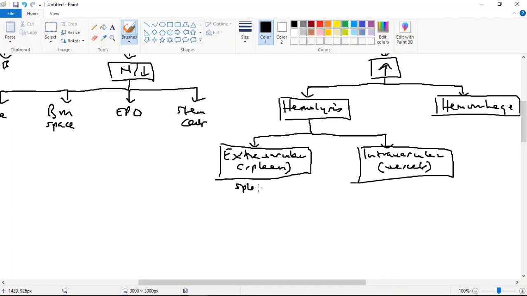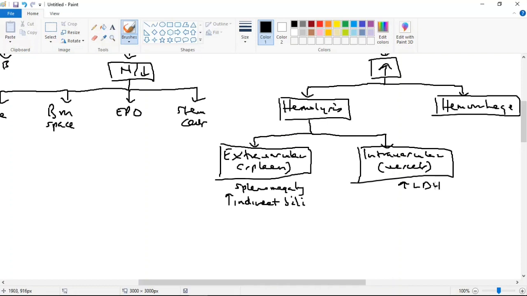There's going to be splenomegaly. If hemolysis takes place in the spleen, there's going to be splenomegaly. If hemolysis takes place in the spleen, you're more likely to see the indirect hyperbilirubinemia, indirect bilirubin being elevated, which can actually be elevated in both of them. But there is splenomegaly, and jaundice, right? For sure. In intravascular hemolysis, this is where I'm going to see elevated LDH because the